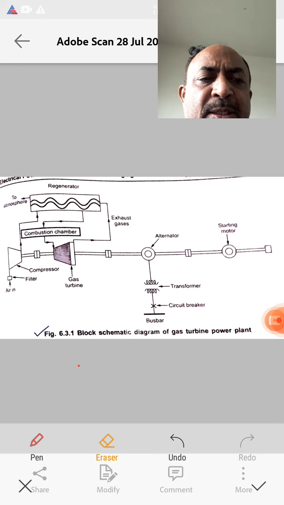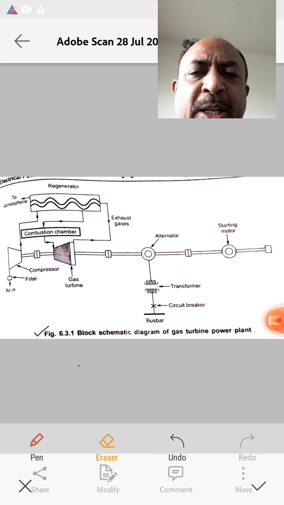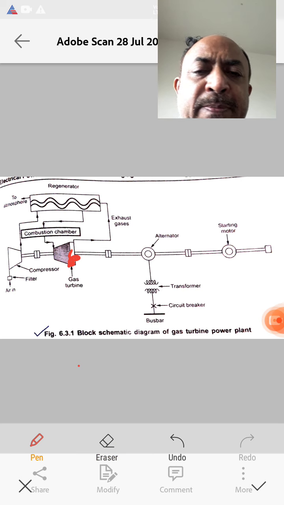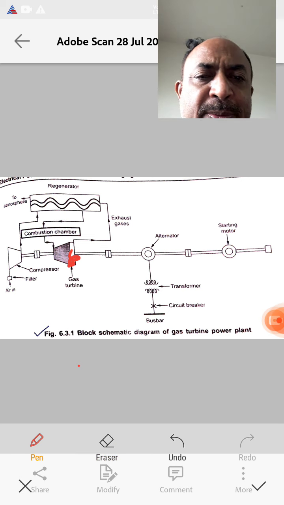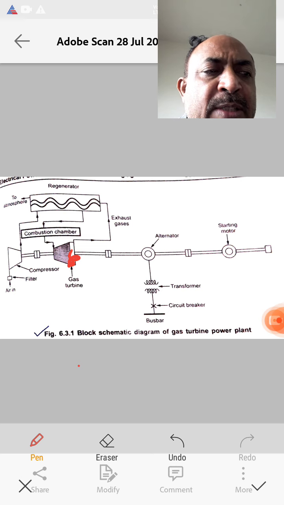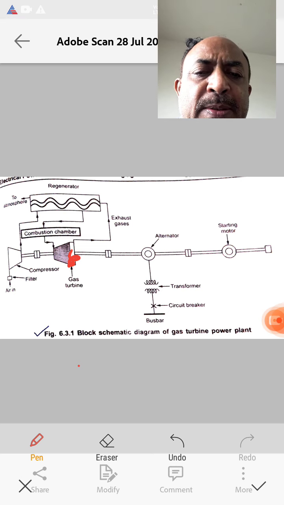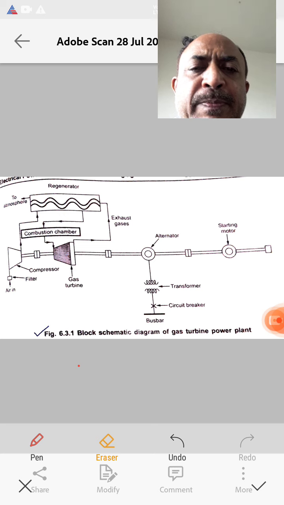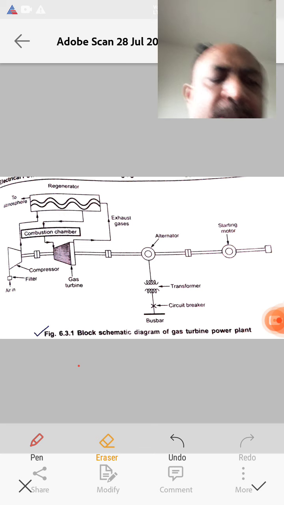When the gas turbine starts rotation, an alternator which is coupled with the turbine starts rotation.